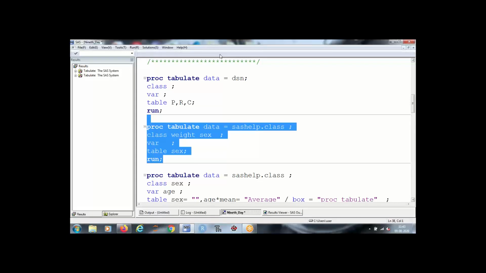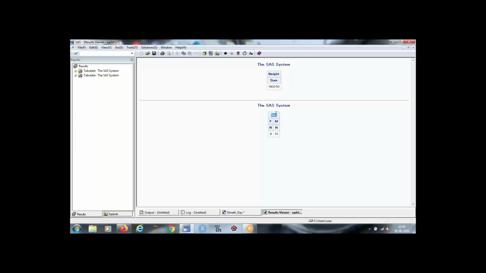Do you see, by default the output for your categorical or character variable is count. And you know count is represented by N in SAS.